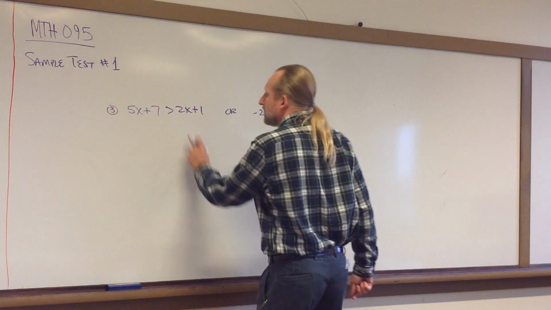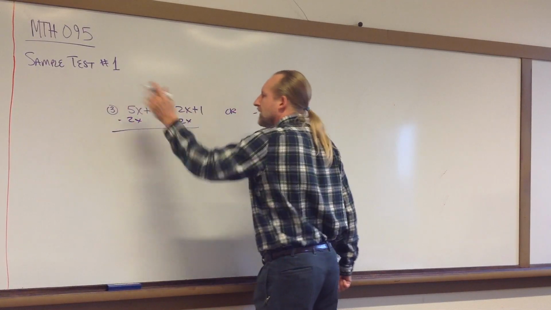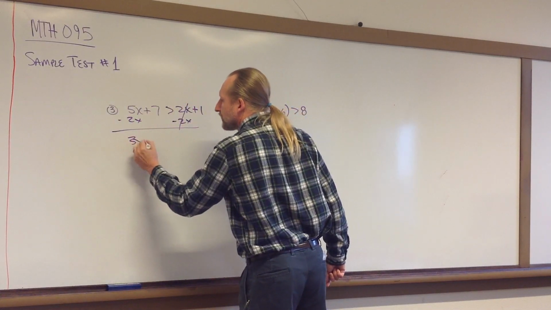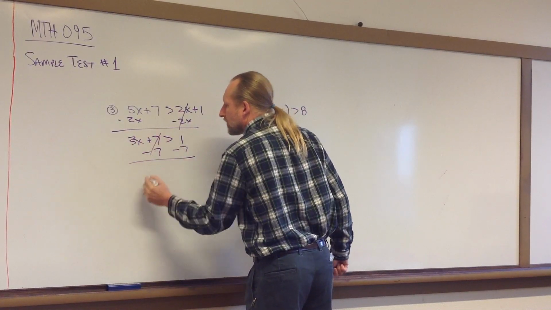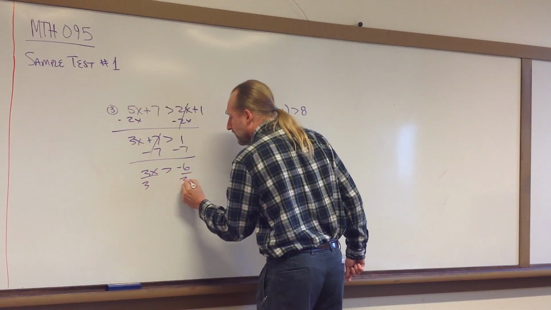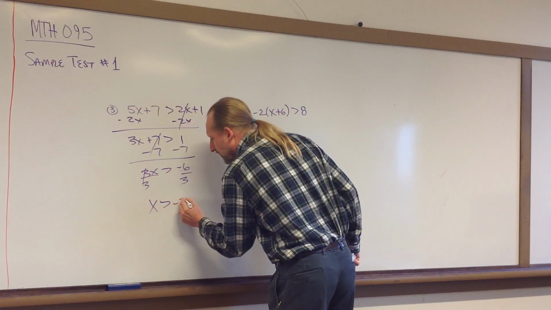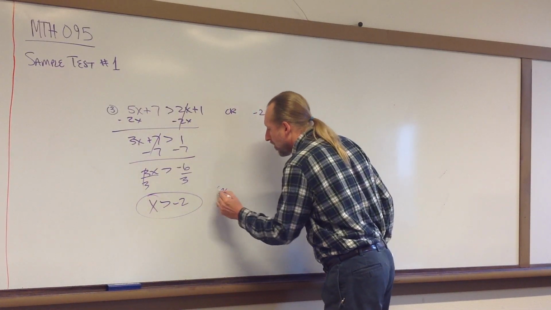All right, well, let's get the x by itself here. Collect our x's on one side, so 3x plus 7 greater than 1. Subtract the 7. And then divide through by 3. So x greater than negative 2, or